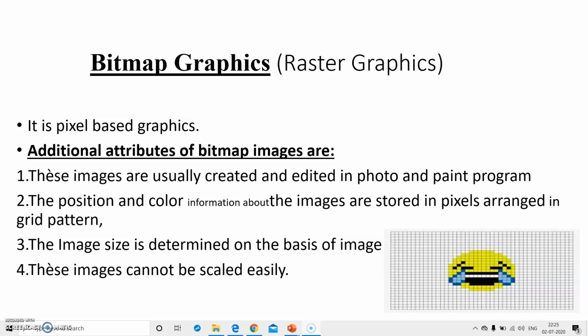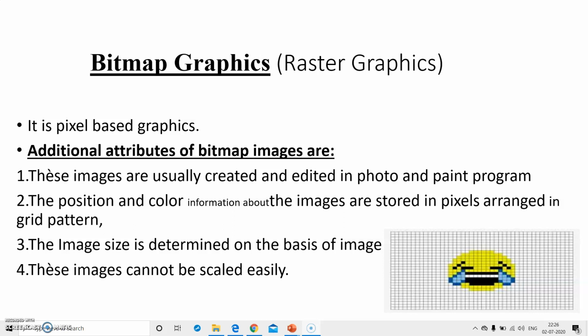Bitmap images, also known as raster images, are made up of pixels in a grid. Pixels are picture elements, the tiny squares of individual color that make up what you see on your screen. All these tiny squares of color come together to form the image you see. Bitmap images are resolution dependent. We already know what resolution means. Resolution is nothing but the total number of pixels present in your image.